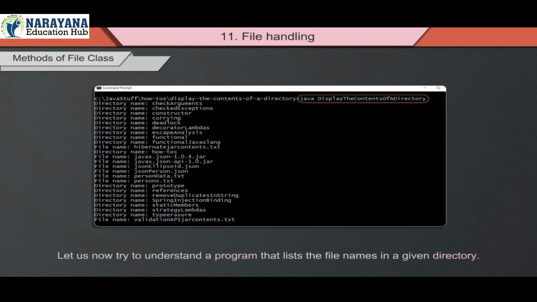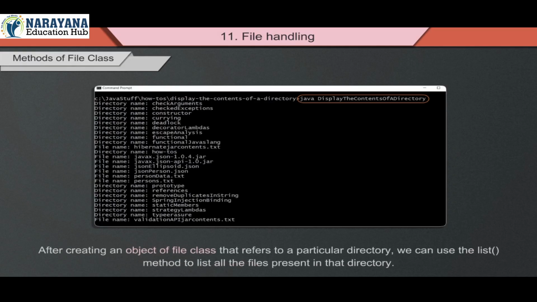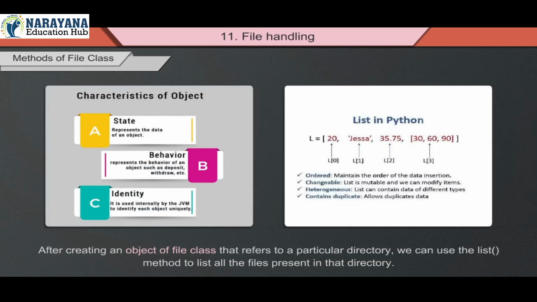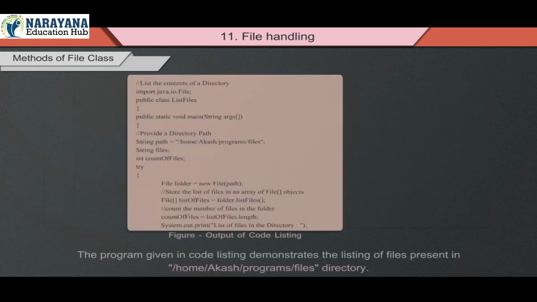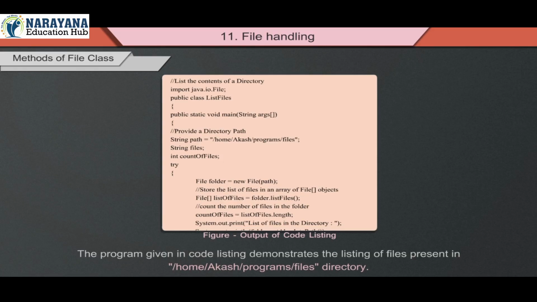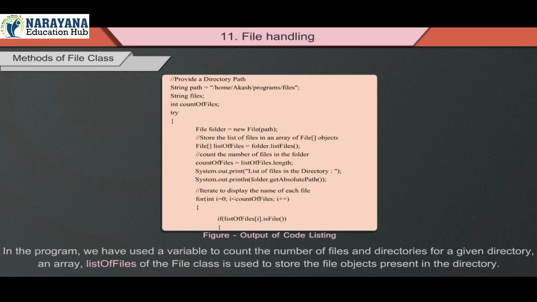Let us now try to understand a program that lists the file names in a given directory. After creating an object of File class that refers to a particular directory, we can use the list() method to list all the files present in that directory. The program given in the code listing demonstrates the listing of files present in the "/home/akash/programs/files" directory. In the program, we have used a variable to count the number of files and directories